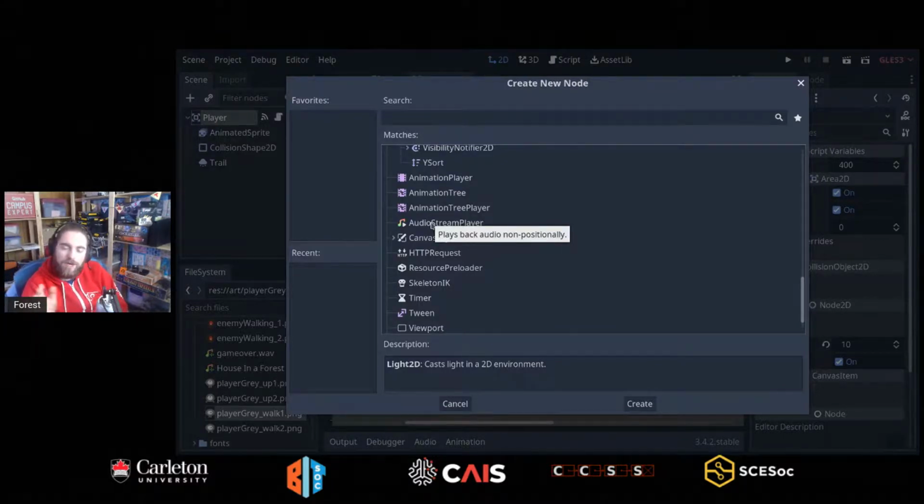And so the point I want to make is that when you're trying to solve a problem, when you're trying to create something, oftentimes as programmers, we think, okay, well, if I want to create this, what functionality can I code to make this happen? But in the terms of Godot and other game engines at this high level, what we want to say is, how can I accomplish this with the nodes that I'm given? And so